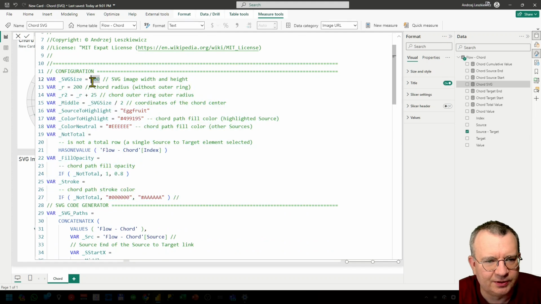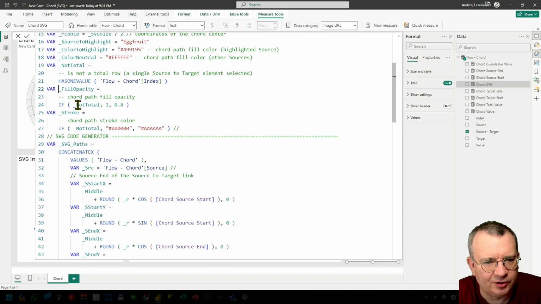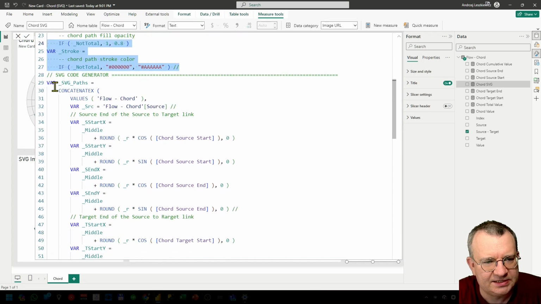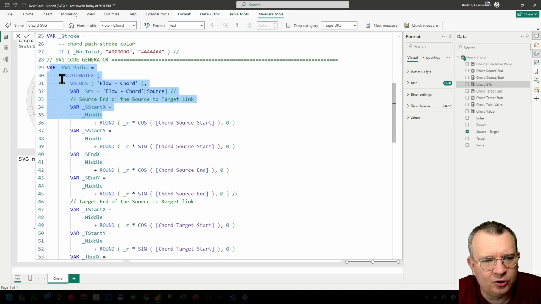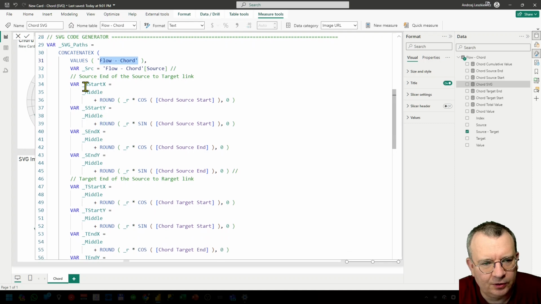Here I just define some sizes, like the entire size of the SVG image, radius of the chord, radius of the outer ring, some colors, neutral color and color to highlight the items I'm going to highlight, and some additional configuration for the opacity and for the colors of the line. And the main section is this SVG code generator, which concatenates